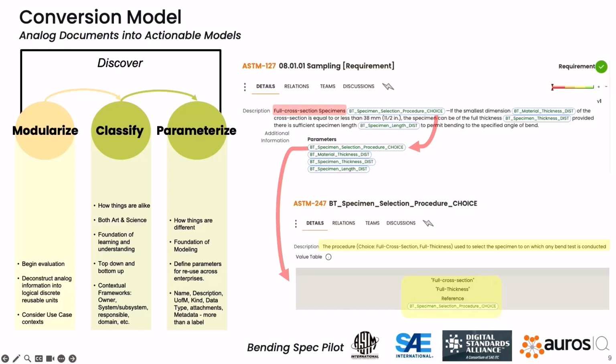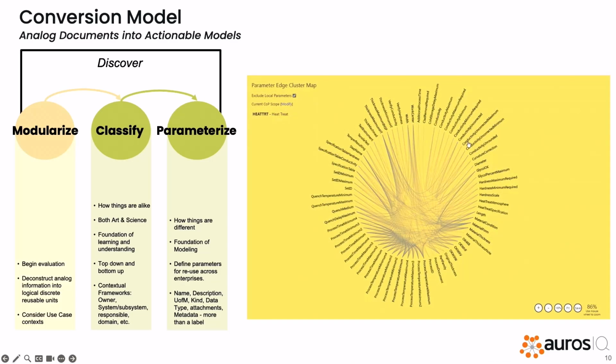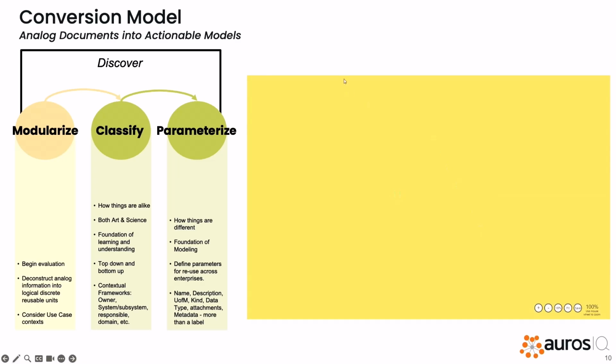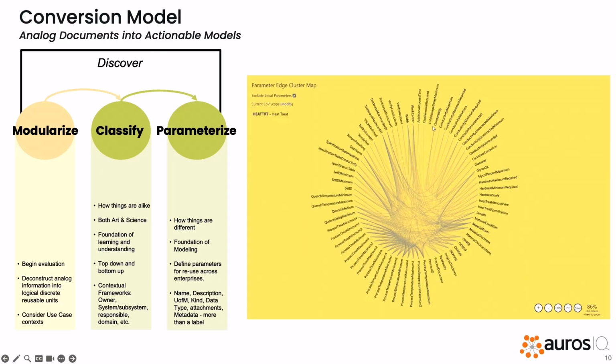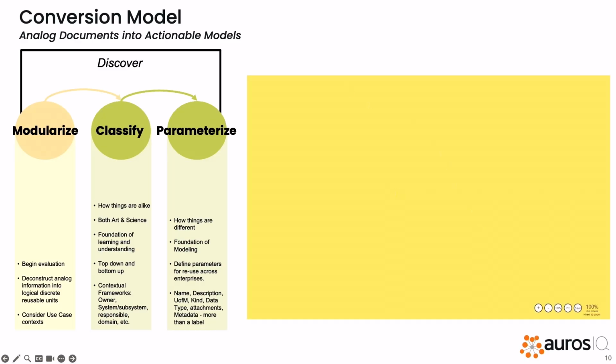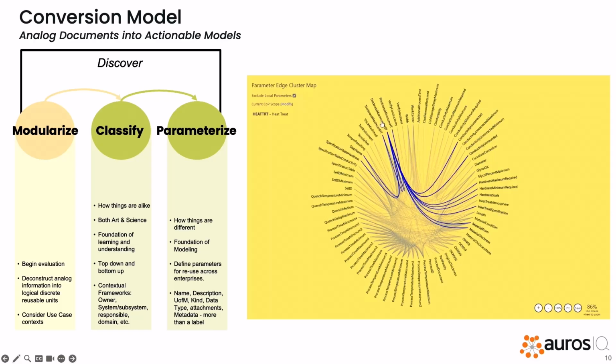So some of you may have seen this before, but a byproduct of parameterizing is parameter threading, which Jeff mentioned earlier. What you're looking at here is actually a report. It's not something that was created manually. It's not something anyone had to spend any time doing. The information is already there to create this report just through the activity of creating parameters and starting to consume them into component models. You get all of this information and intelligence for free from that activity where you're reusing parameters across multiple models.